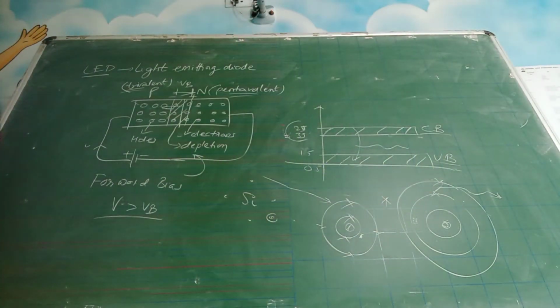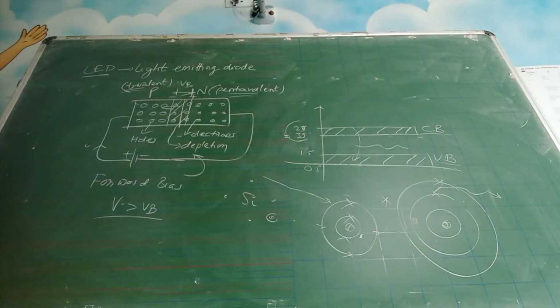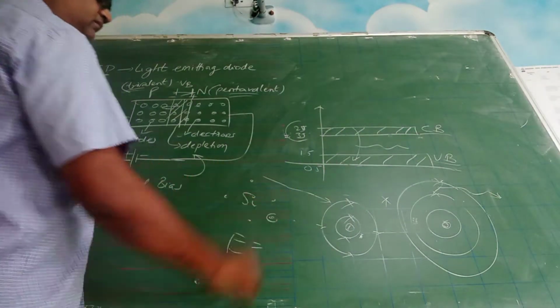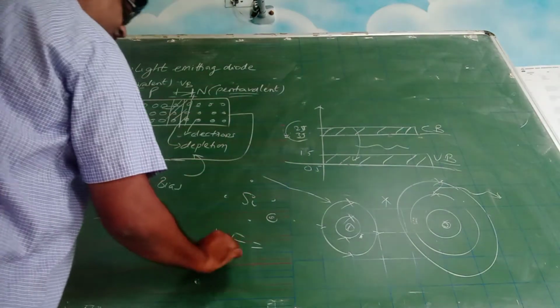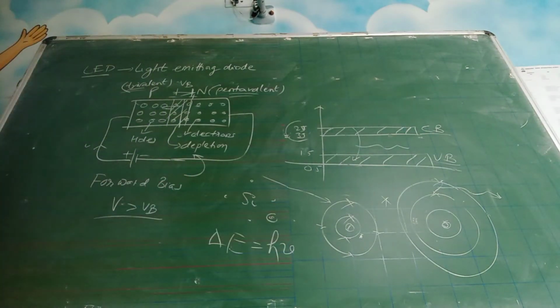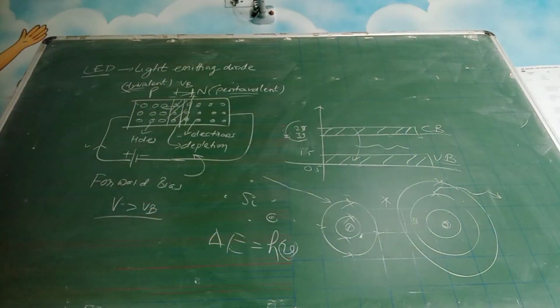So in this process, as I have shown here, they will emit photons. Every light has its own frequency and its own wavelength. Depending upon the frequency, you will see that particular color of light. Red light has got its own frequency and wavelength. We have discussed this. What is the energy of that? Energy gap delta E is equal to Planck constant multiplied by the frequency of the light, right? So this frequency of the light is decided by this energy gap. So this is the concept behind the light emitting diode.